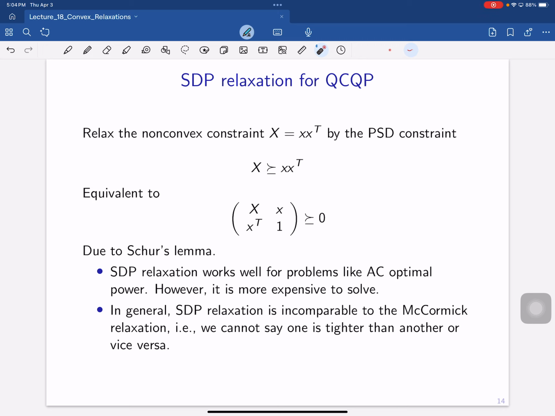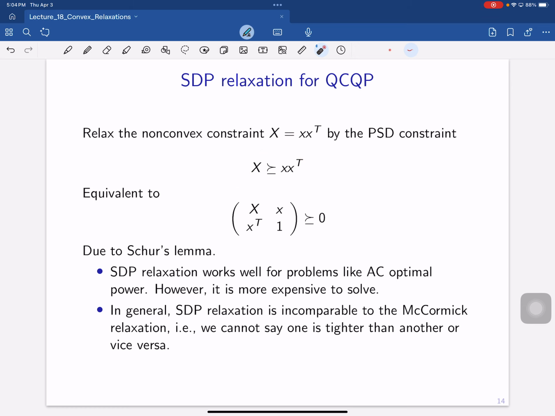In the McCormick relaxation, we replace these non-convex constraints with linear relaxations or McCormick envelopes. Now, there are different ways to come up with a convex relaxation. You can also relax this using semi-definite programming. So the way you relax that is the following. You can relax this equality constraint by